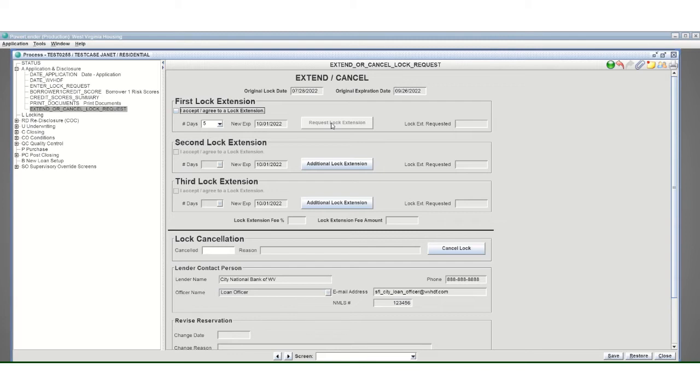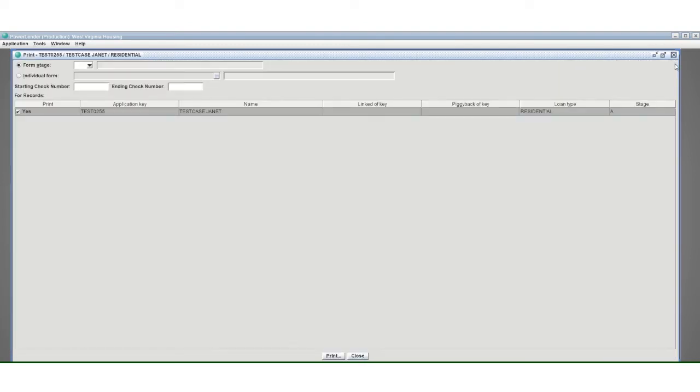Again, that's going to be sent to the lock desk. As usual, it will be reviewed. If there's any issues with the lock, or if there's any issues with the extension, we'll be in touch. Otherwise, you can return to the system and print a revised lock confirmation once the extension